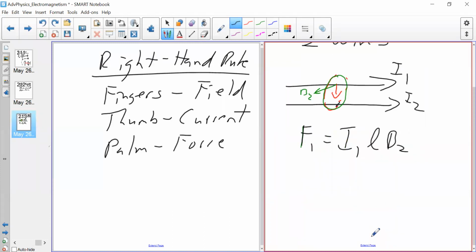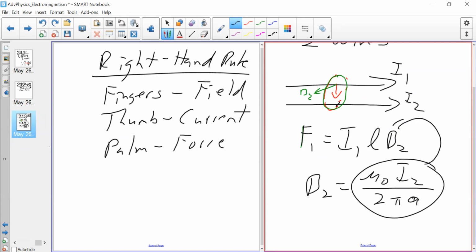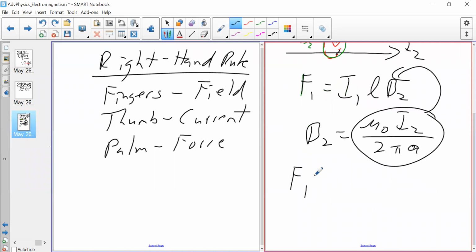Well, in the previous section, and even as we go ahead for Ampere's law, the magnetic field from wire 2 is given as mu naught I2 divided by the circumference of this field. So it's just 2 pi and then give a radius a. So 2 pi a or 2 pi r, where r is equal to a, arbitrary variable. So now we place this in here and we get